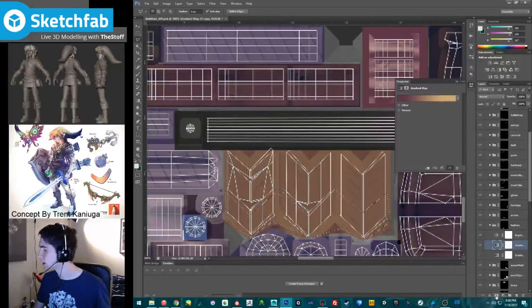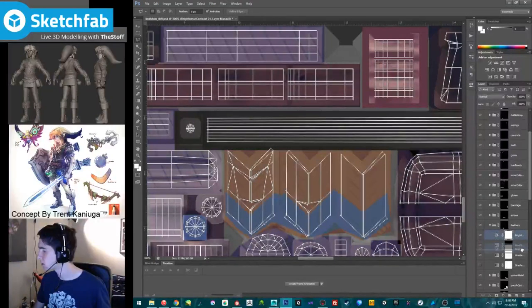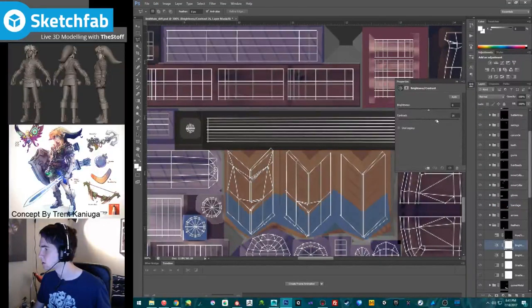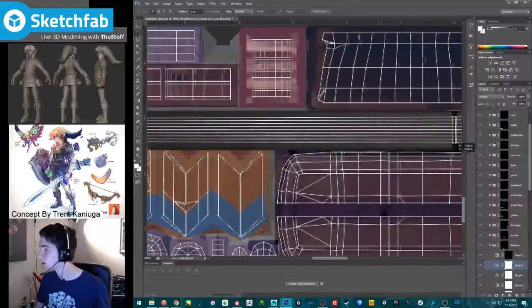Now we're going to add maybe a hue saturation layer? We'll try with hue saturation. Let me just convert it to blue. Okay, and my brightness contrast I kind of want to put down here, maybe? Brightness contrast. Okay, and then I'm going to go in here and just cut this out.